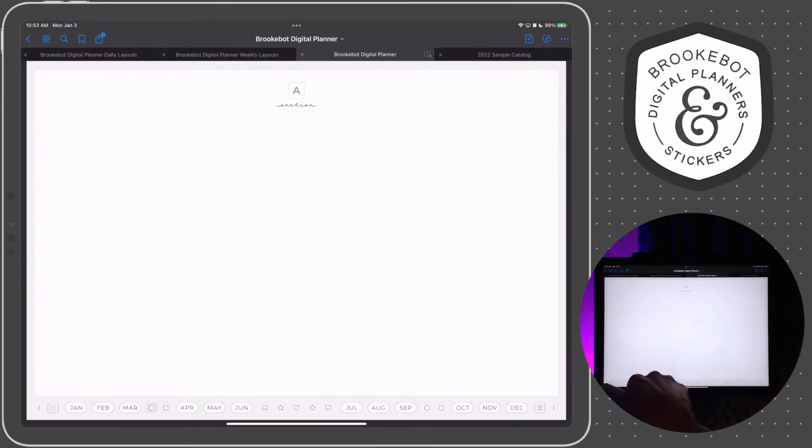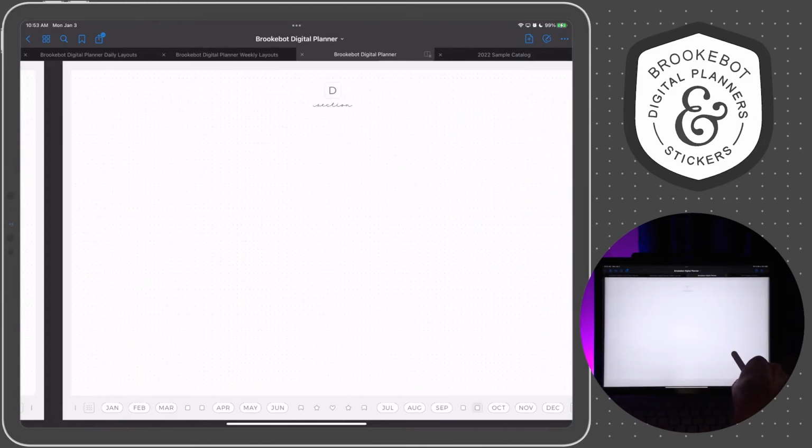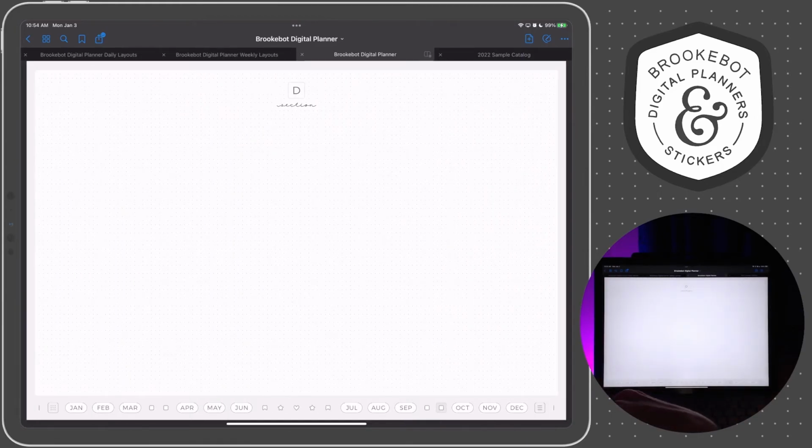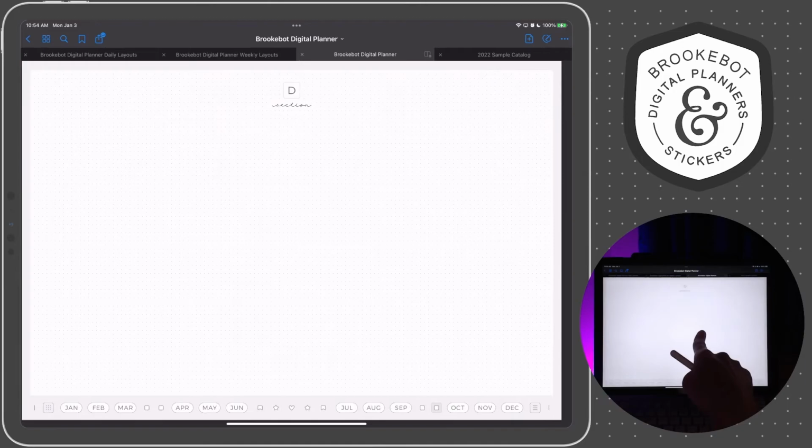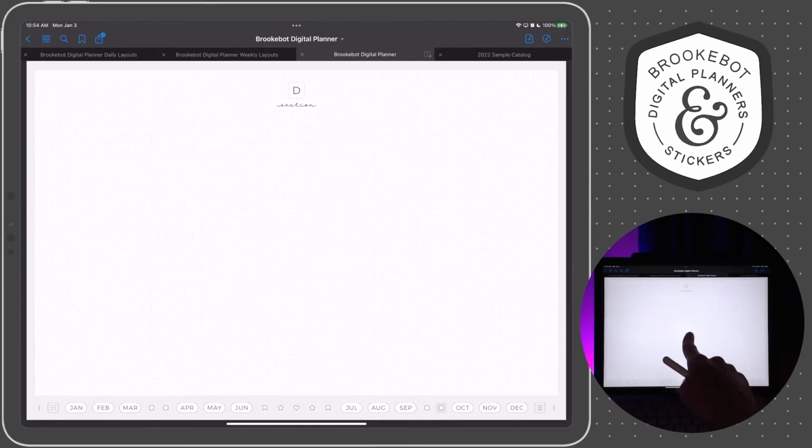So there is section A, B, C, and D. If you receive, for instance, a calendar in an email from a certain organization that you're a part of, you can just store those directly in a storage section and keep all of that stuff separated out. It's just some extra space for you to organize things.